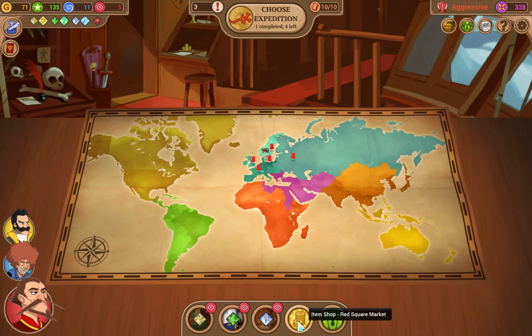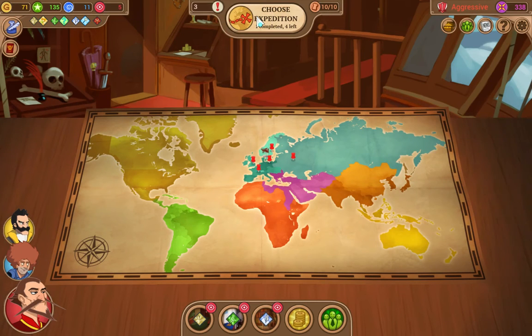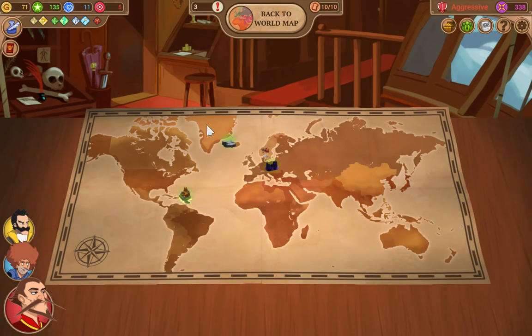And so I think we're ready to go ahead and go on our next expedition. I think we will save our insight for the next round. So let's choose an expedition. So here we have, this is the one we already did, Icelandic Isles. And then we can choose between